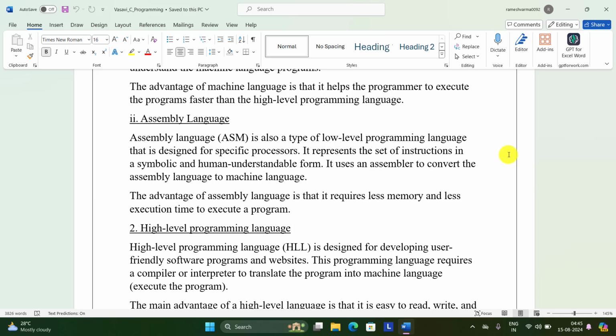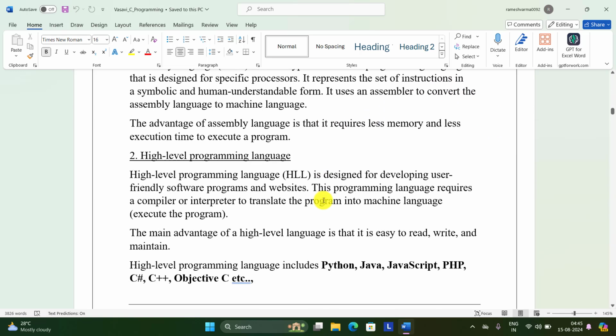So then comes another programming vertical called high level programming language. Simply say HLL. So high level programming language is designed for developing user friendly software programs and websites. So in this we can develop some websites, or we can use in embedded software, or we can use in artificial intelligence or something. So writing zeros and ones, or writing mnemonic codes, it is a tedious task. So then they introduce some English level syntax in programming. Then it comes high level programming languages, but it requires